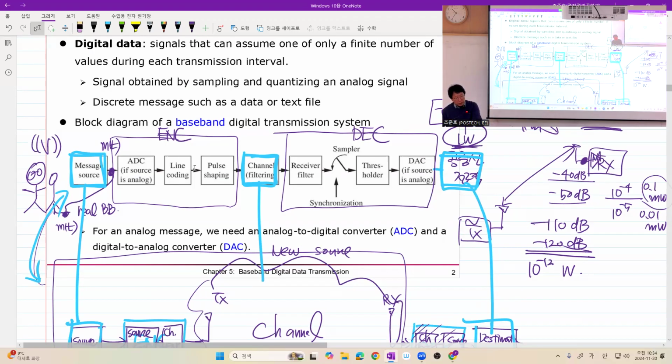And especially in digital communications, what do we do? Digital signal processing, mostly. However, we can never avoid analog processing, especially which occurs here and there at the input to the channel and at the output of the channel. Why? Because